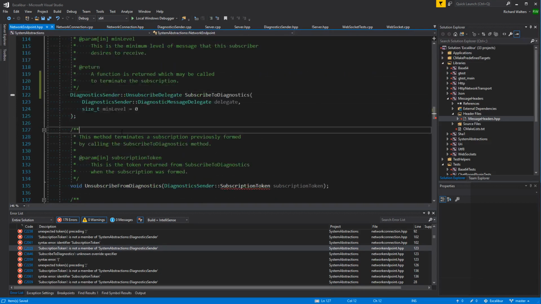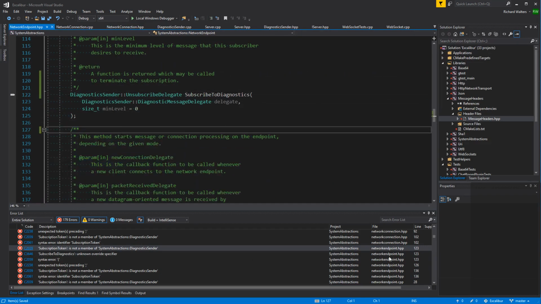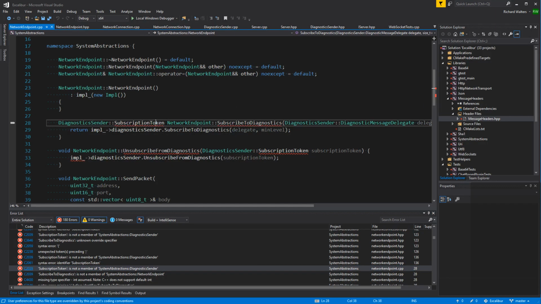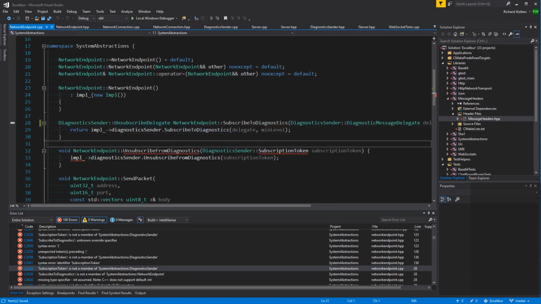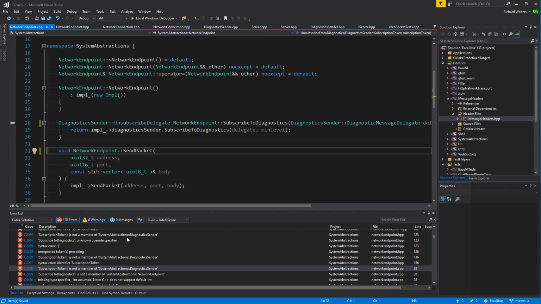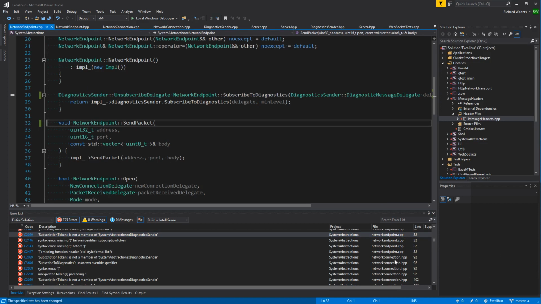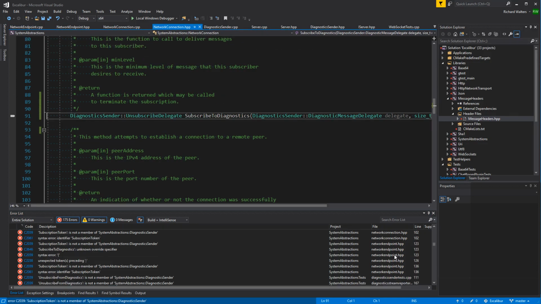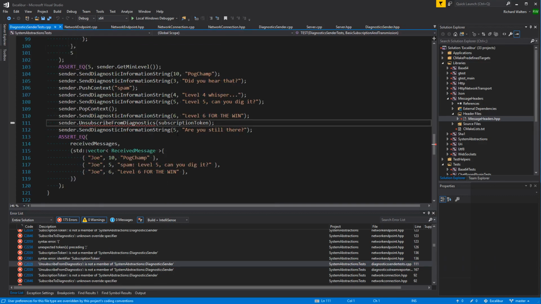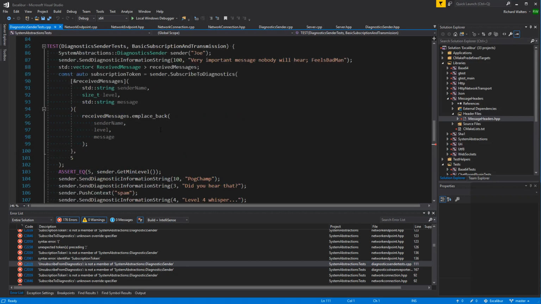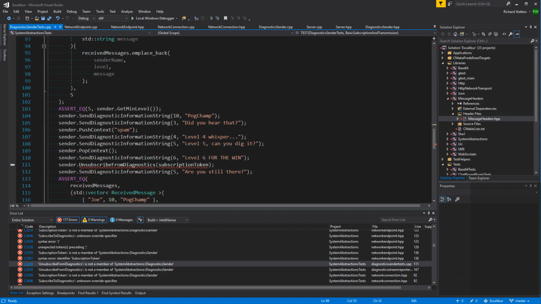Or we can change that and get rid of the unsubscriber. And we just forward. Okay, so instead of a token, it's an unsubscribe delegate. And we just call it.